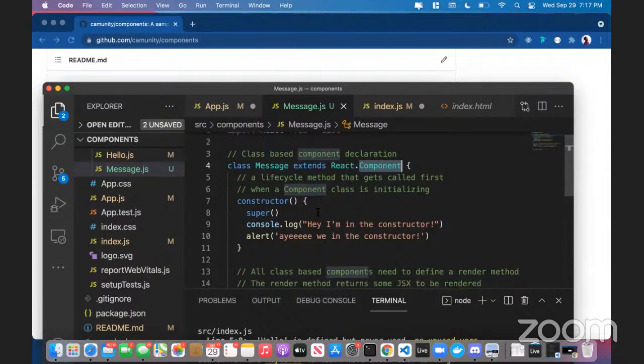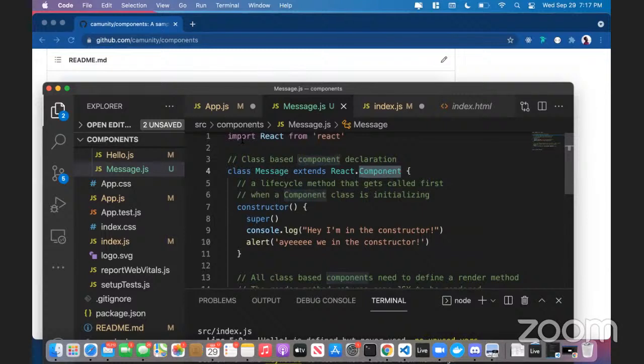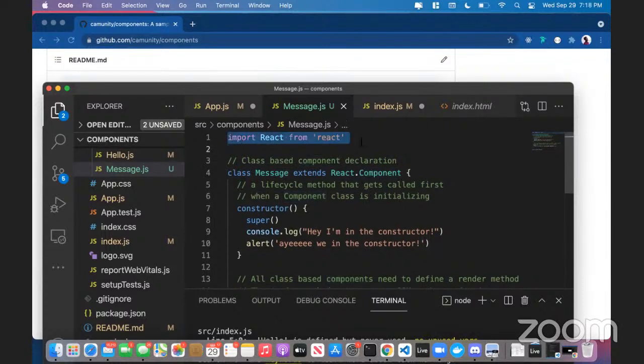So I say all that to say that the syntax for creating this class-based component is, of course, very different than the functional component. We're forced to import the React from the React library. And to do that, we have this line here, import React from React. But then we're also forced to create a definition of a class-based component in this way, where we use the class keyword,